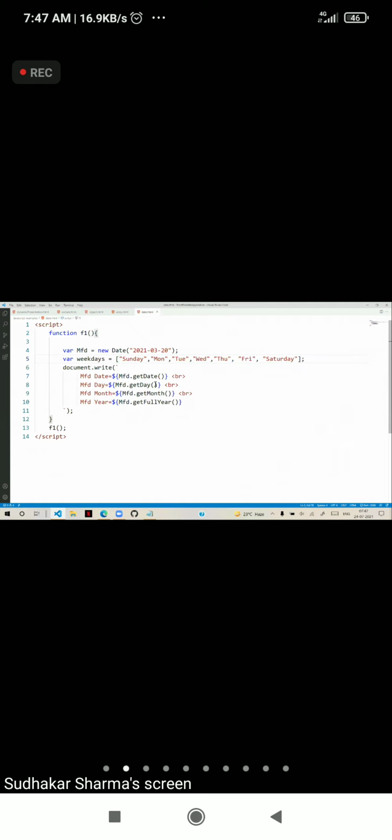Now similarly, we have to create a months array. So January, February, March, like this, and April, May, June. We have to define up to the end, July, August, September, October. You have to fill up all of them until December.